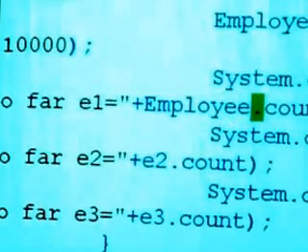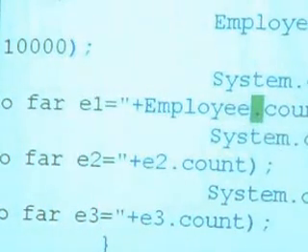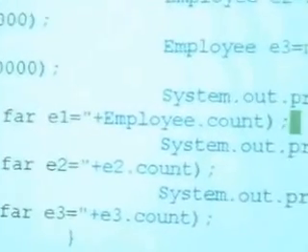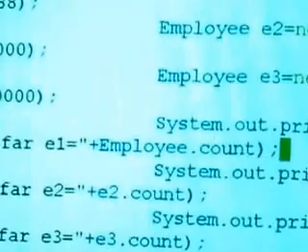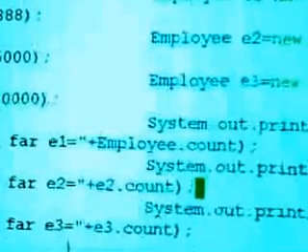So now this can be done only for class level variables. If you say employee.employee number, it's not going to work. Employee.salary, it's not going to work. But it's going to work for employee.count because count is a static variable, which makes it a class level variable. Any static variable can be referenced using the class name, and you will see that on this line there will be no error or warning. Similarly, we'll replicate the same thing over here.